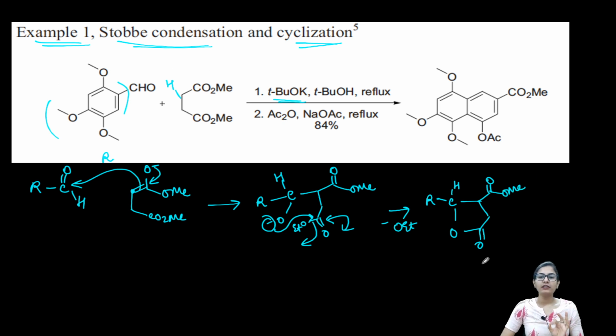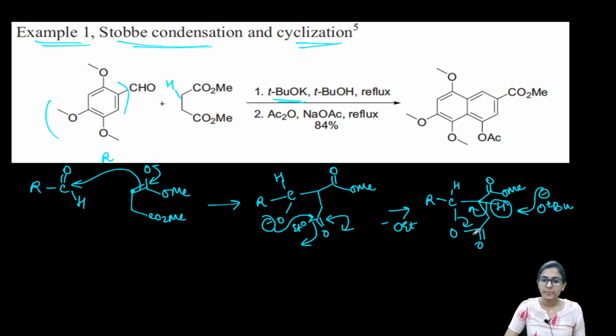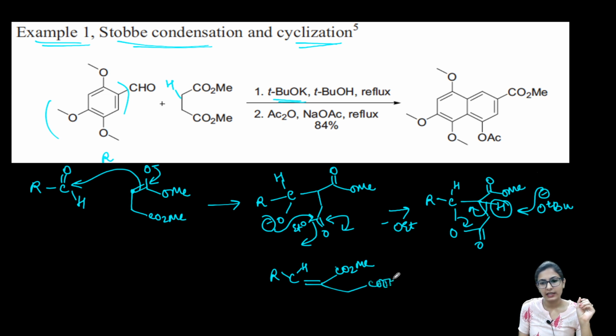So now this was something very, very easy to understand, and now again you have the proton over here, the same acidic proton that we have removed before also in the other examples. Now this proton will be taken up by the tertiary butoxide, and you are just going to get this removal of carboxylate, and your product is going to look like this, double bond and CO2Me, and the other one just got hydrolyzed, COOH. Alright, so this is how your product is going to look. But now let's move onwards and see what else is possible.